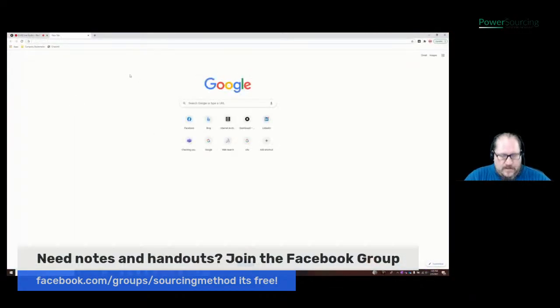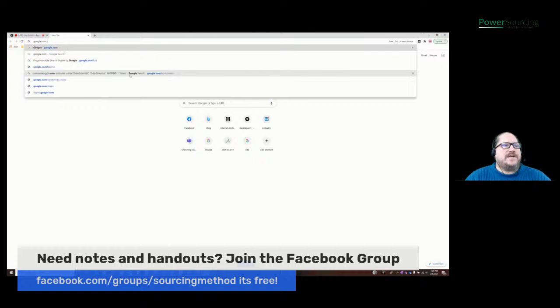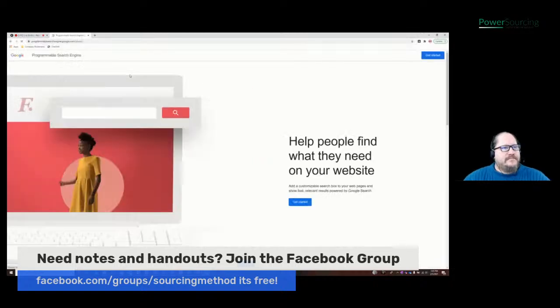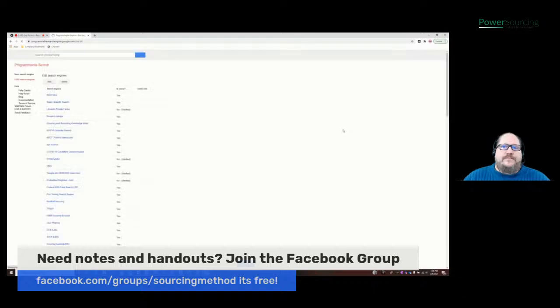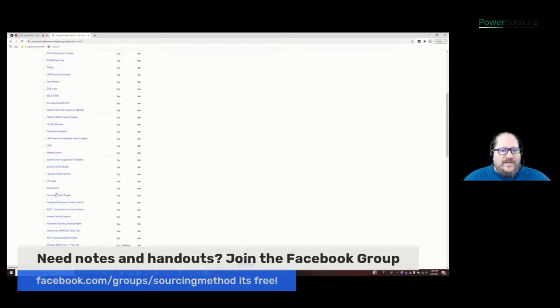Here we go. google.com/CSE. So this is what it's going to look like if you've never created one before or logged in before. And up on the right-hand side, you'll see a little Get Started button. Now, if you have one and have created them before, I'll show you what that looks like in a minute. Let's go ahead and get started. It'll ask you to log in with your Gmail account, your Google account. And once you do, it'll take you to a list, which is where you have all of your previous custom